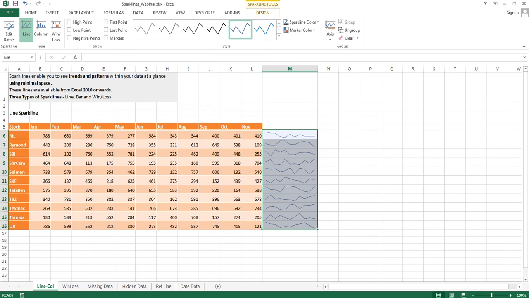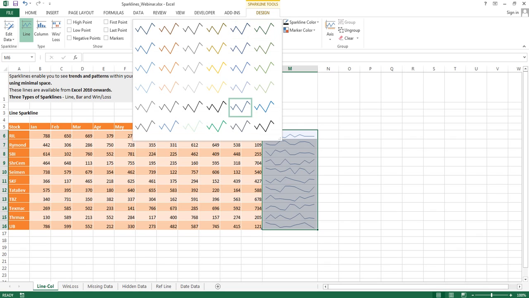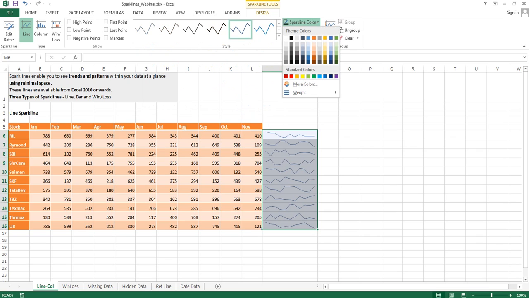So what all can we do with sparklines? Once the sparklines have been selected, the Sparkline Tools on the top get highlighted, and within the Sparkline Tools we've got Design. A couple of things that you might be able to do over here is, first of all, the color. You can change the color of the sparkline from the menu over here. So let's say I'm going to change the color of the sparkline to a little darker color in blue.